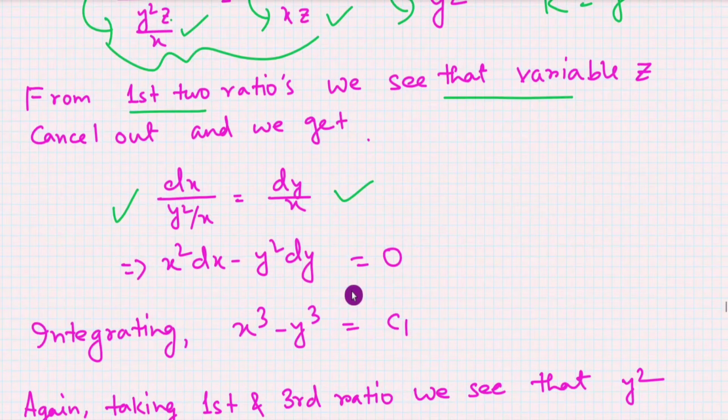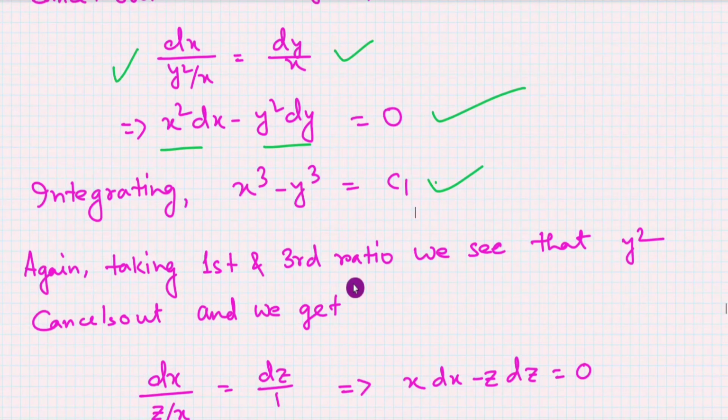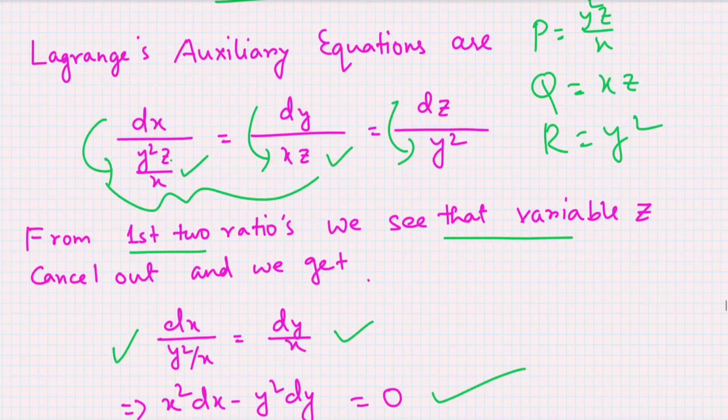So we can write this as x square dx minus y square dy equal to 0, and if we integrate, then we get x cube minus y cube equal to constant, let us take the constant as c1. Again taking first and third ratio,